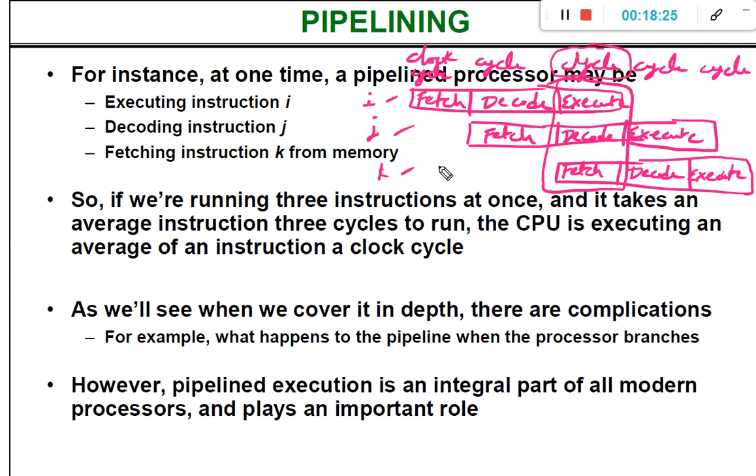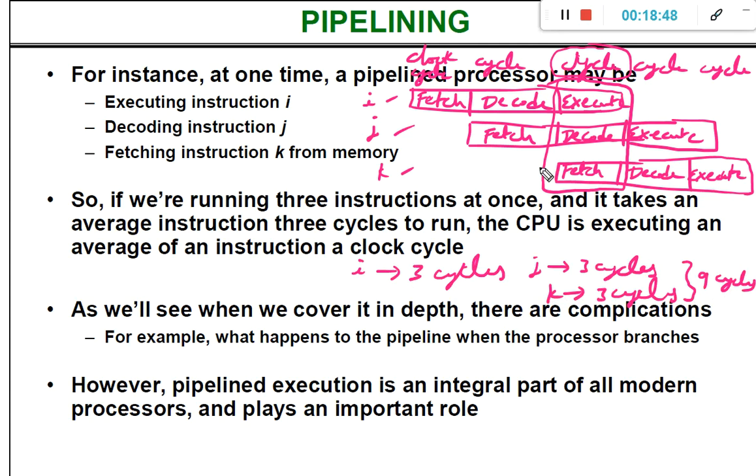Now you can see the difference. If you execute the instructions individually, instruction I needs 3 clock cycles, instruction J needs 3 clock cycles, and instruction K needs 3 clock cycles. So in total, 9 clock cycles are needed. However, if you implement the pipelining concept, how many cycles are needed? 1, 2, 3, 4, 5.